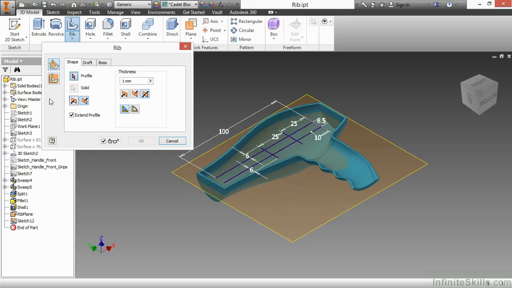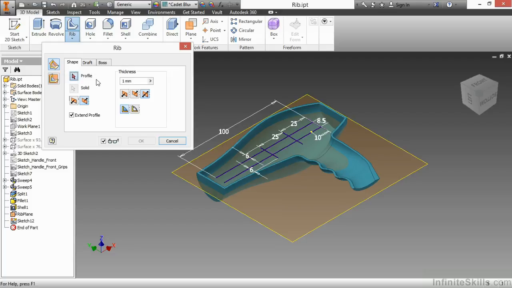Now, when you start the rib command, you actually have a choice of different types of geometry to create. You can do geometry that's normal to your sketch plane you're currently on, and that's actually what I want here, and that's going to create a rib shape. Or you can go parallel to the plane you're currently on, which will create a web shape. That's actually not what I want in this case. So I'm going to leave the top option in the upper left here chosen, the normal to sketch plane, and